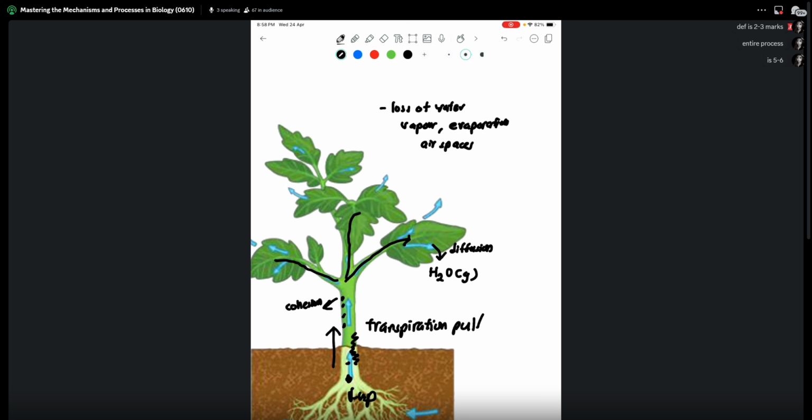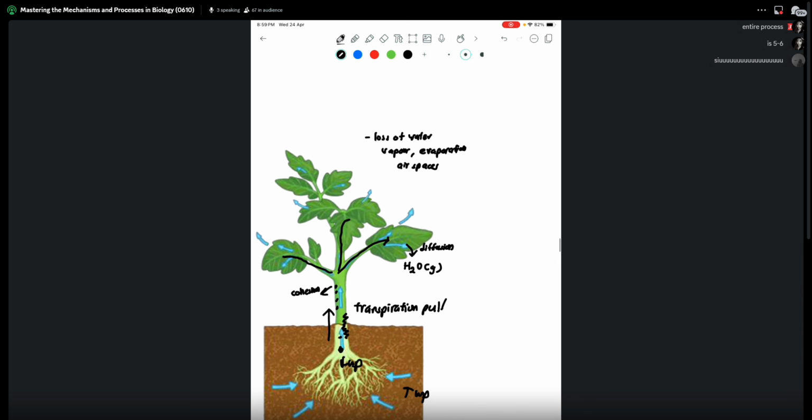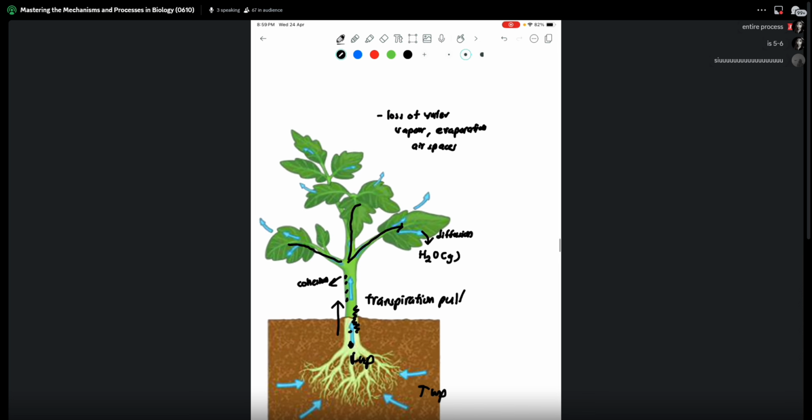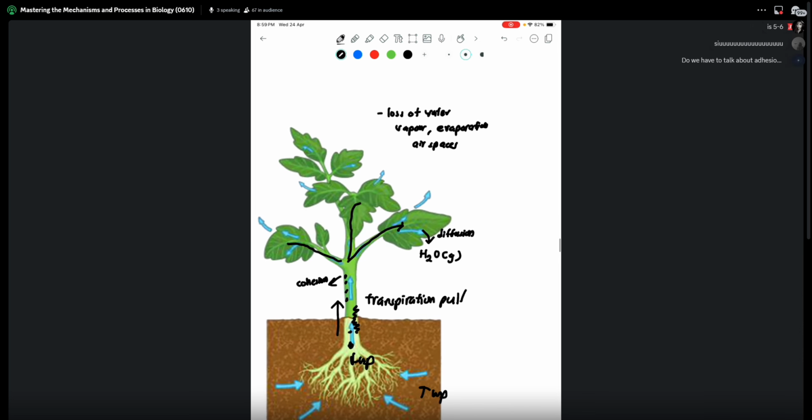Three is a bit too much. Entire process 5 to 6, decent actually. But then, typically, I don't see a lot of this. But then, I hope